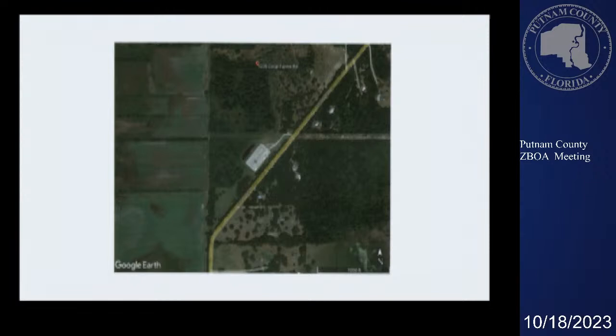This is being tucked behind the FP&L electric substation, and below, you see going east to west is the transmission line easement there. I might be able to use, if you can see that. And so it's back here behind the substation. So we think it's in a good location. As mentioned, it is set back 600 feet from Coral Farms Road, over 750 feet from the nearest residence. It's an unmanned facility, which means it gets about 1 visit per month for maintenance purposes, so it really does not have an impact on roads and other